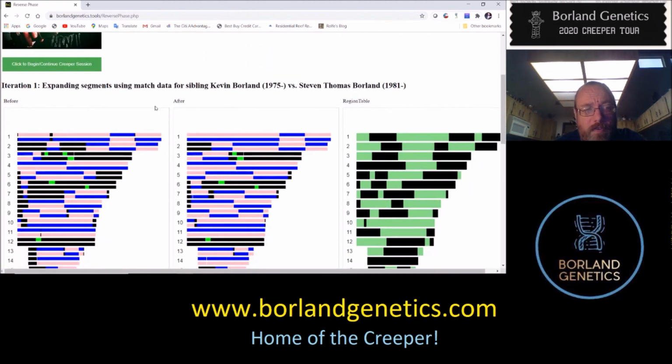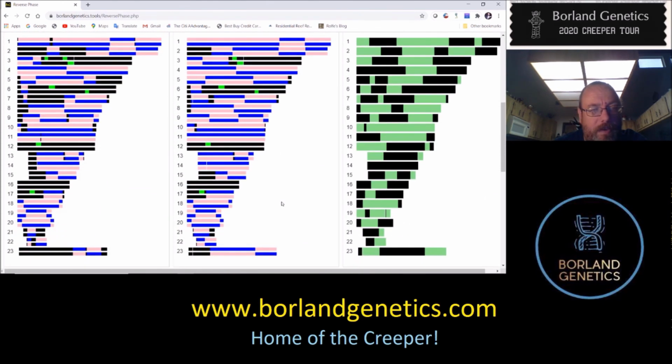And so for example, look here at chromosome 2. This was before we applied the segment expander. And you see there were 2 large black segments that had no matches, and therefore we weren't able to assign phase. However, now we look at the segment expander results, and we see that one of those has been completely resolved. Let's see, any other good examples? Yeah, look at number 14. So chromosome 14 had 2 empty segments here, and now they've been properly assigned in the after diagram,